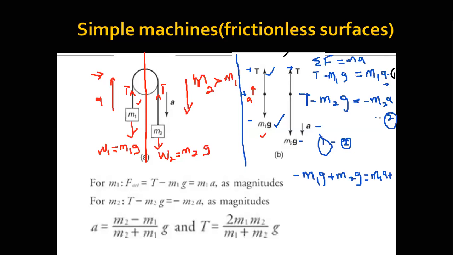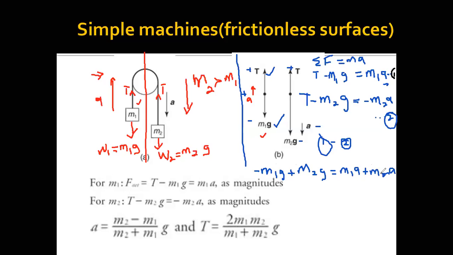I need more space there. So let me clean that section. Okay. So I'm rewriting again. That will be, so minus m1g, okay, plus m2g, okay, is equals to m1a plus m2a,